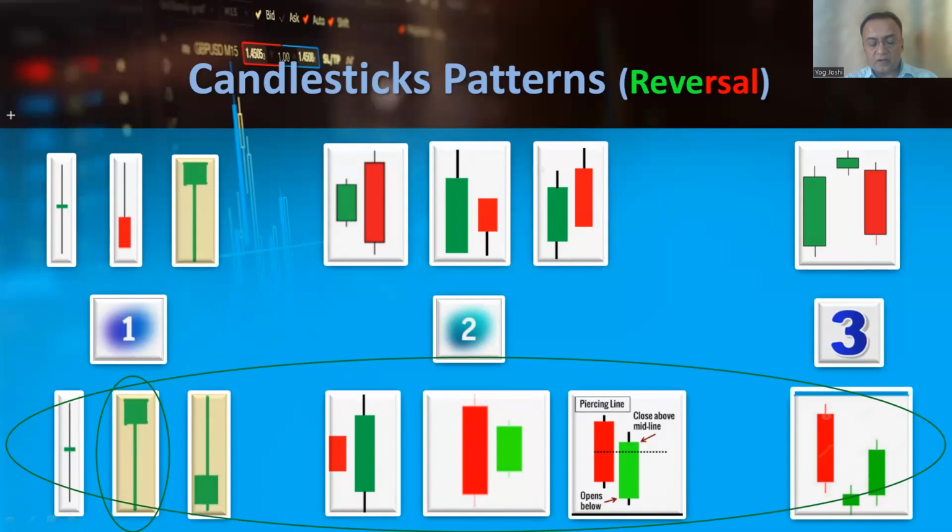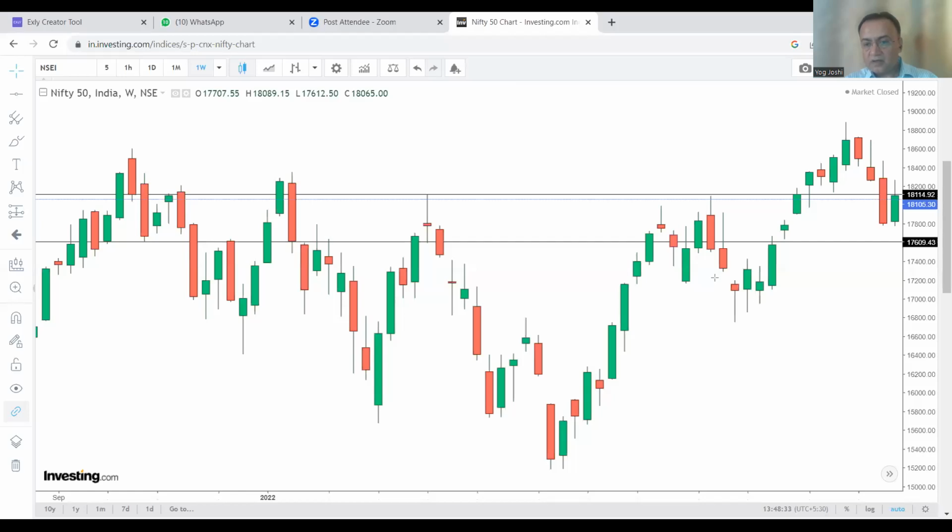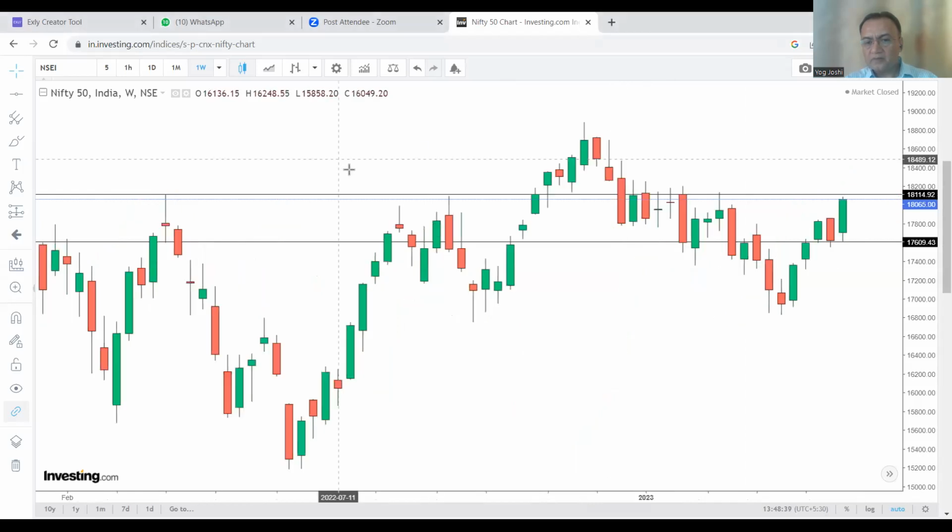And this pattern, the upper side pattern, if it comes at the top of the chart or the top of an uptrend, it indicates a bearish pattern, so a bearish reversal. The hammer is clear-cut at the bottom area. Whenever a hammer comes at the bottom area, it indicates upward direction movement. Whenever this type of pattern comes in the bottom area, it indicates a slightly upward direction from here.